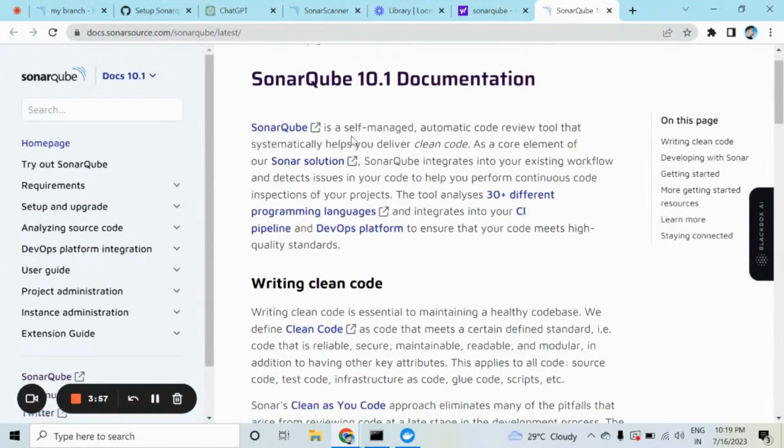SonarQube is a self-managed automatic code review tool. It will help you deliver clean code, and it also detects issues in your code. So let's start. Stay with me throughout the entire video, from start to finish, to see how to set it up. So first we need to download